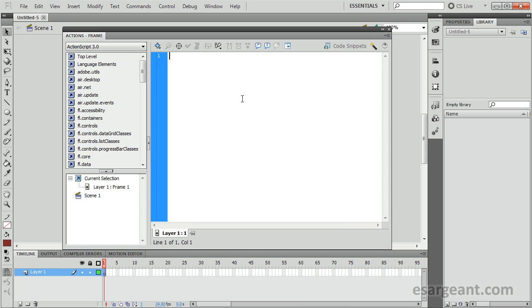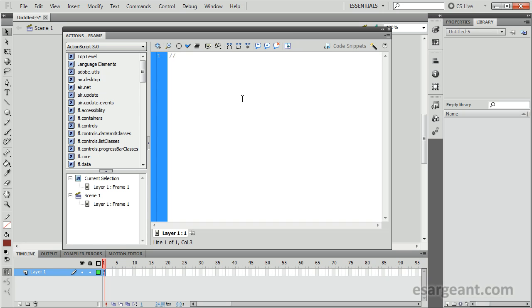Before we get into this, I'd like to quickly mention commenting. Comments are something that you're probably familiar with if you've done HTML or CSS. It's a means of reminding yourself why you typed some code or what that code does if it's a little complex. A comment is ignored when you run your Flash animation. It's just there for the person writing the code, or if someone else wants to look at your script. To apply a comment, all we need to do is use 2 forward slashes like that, and what you'll notice is it turns green because